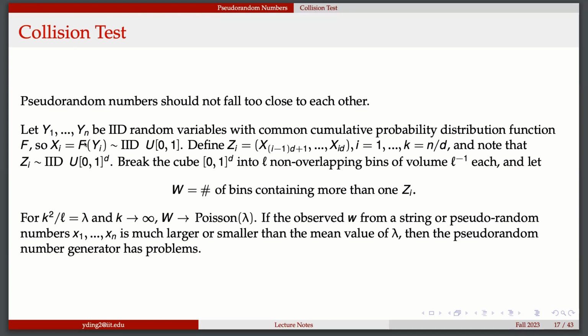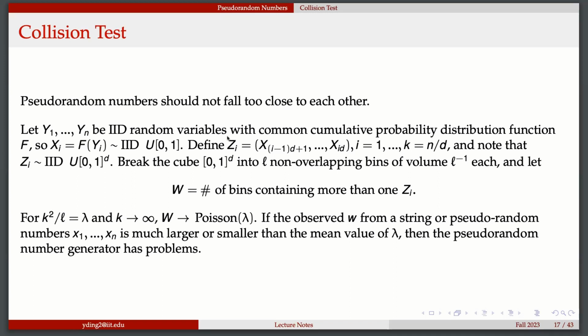So for the cumulative function, if for each yi we get its cumulative distribution probability, this will be an xi, and this xi should be a standard uniform random number. Does that make sense? Because you choose different yi and calculate the CDF of that, you will get some value between 0 and 1. Because your yi is generated randomly, your xi corresponding to that should also be random. That's why it will be uniform on 0, 1. So this is your xi.